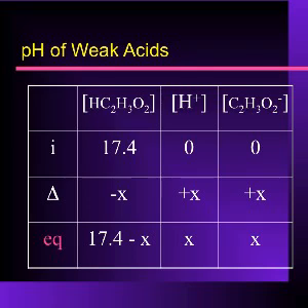Now, if you recall, we can pull out the minus x, making an assumption that that amount of x we subtract from 17.4 is so small that it doesn't make a difference. We do that, but then we must test the 5% rule. As you pull out the minus x, it makes your math much easier. And when you then solve for x by multiplying 17.4 by 1.76 times 10 to the negative fifth, and then taking the square root of both sides, you will get x to be